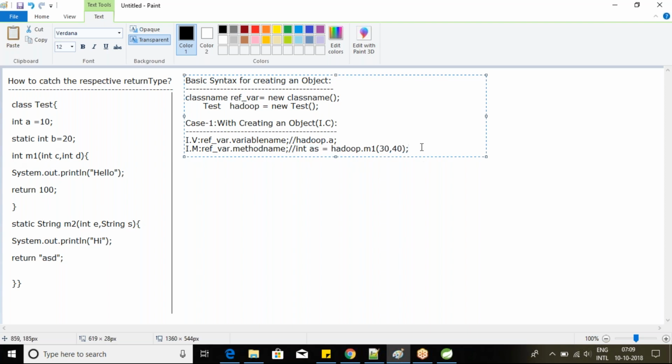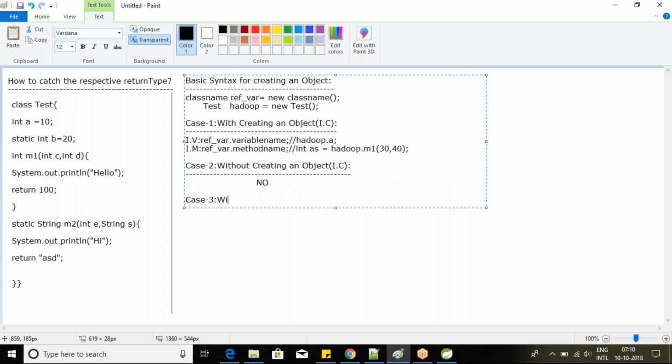So anyway, case 2 you know already: without creating an object of IC, meaning instance context, can we access it? Answer is no, unable to access, right? So now with creating an object of SC, meaning static context,